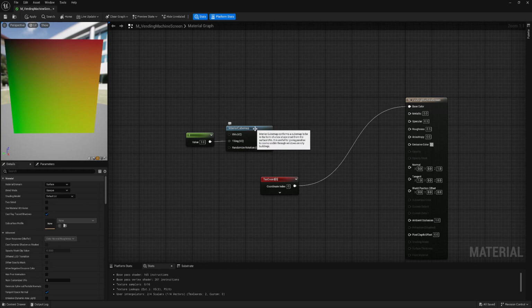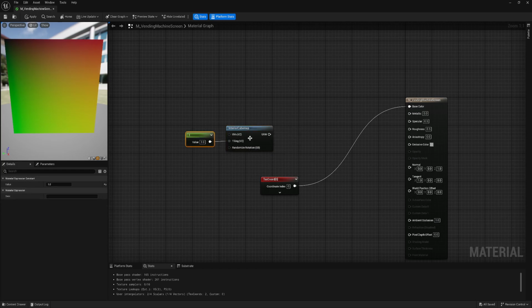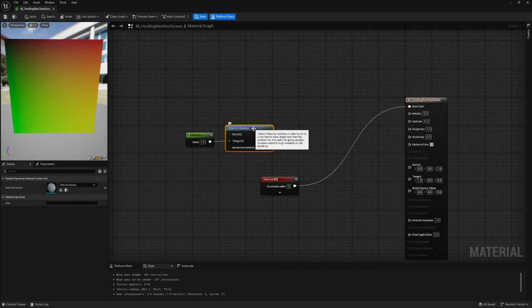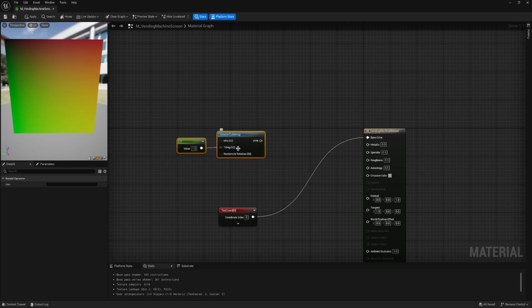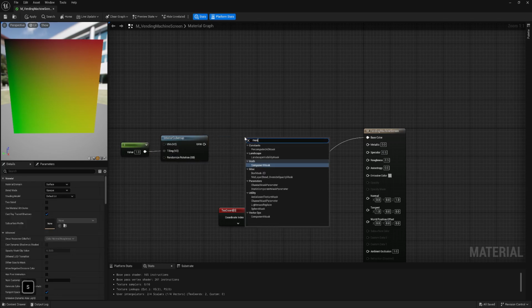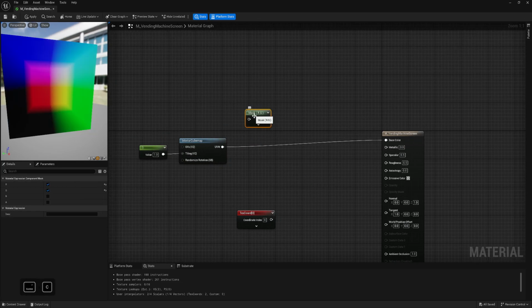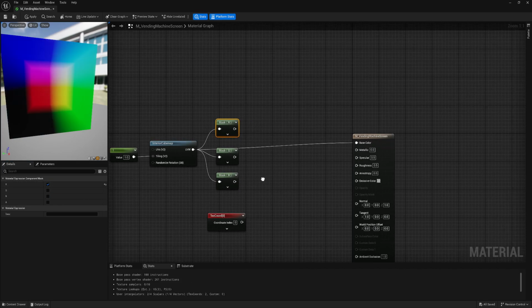You may notice that some nodes are blue and some are green. Blue means it's a material function. Normally in Unreal, if you double click on the blue one, you can open it and look inside. But here, if I click, you can see that I can't open it. And that's a problem. I will explain in a second why. But if we mask it, this is the red channel, this is green, and this is blue, I would be able to use it as a mask.